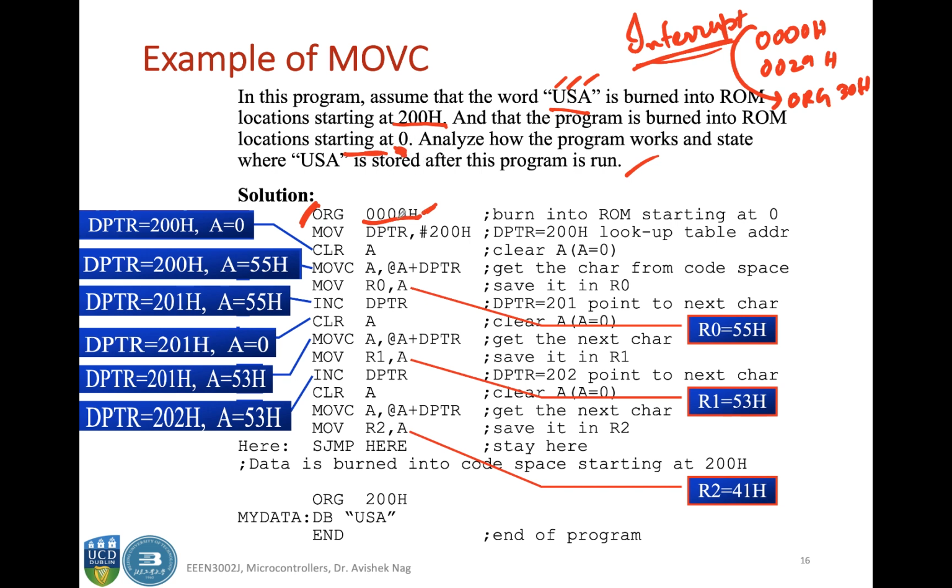So starting at 0000 means that you have to use ORG 0000H, and then the other information that is given in this problem is that the actual word USA should be burned into the ROM locations that start from 200H. So let's say your DPTR is initialized at this location, 200H. So this works as a lookup table. So your data is initially